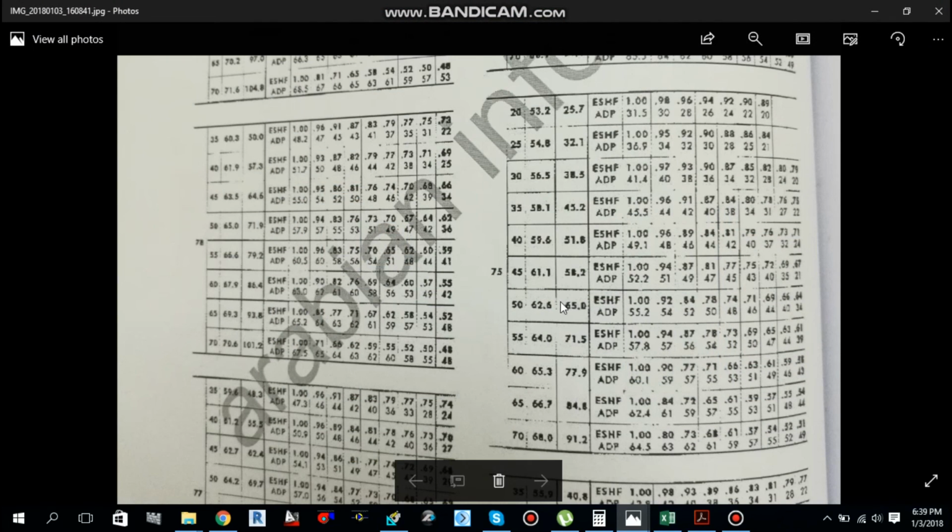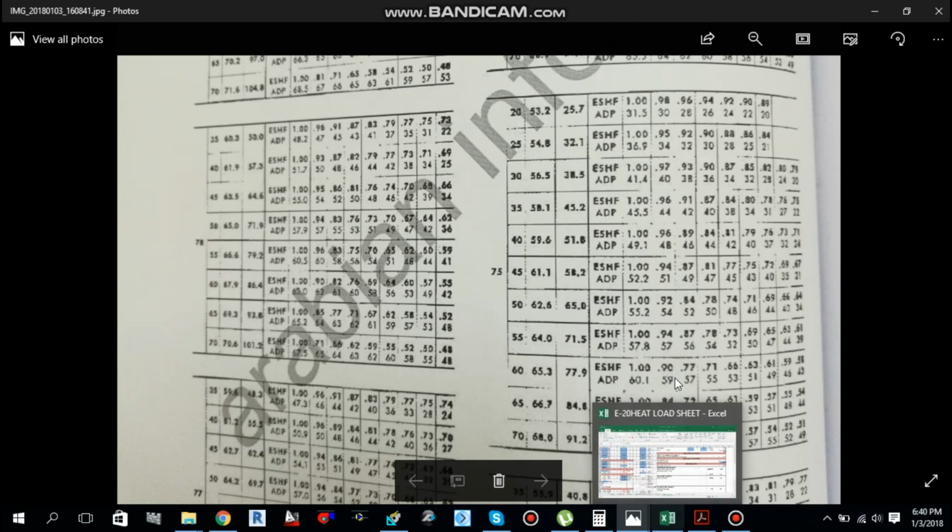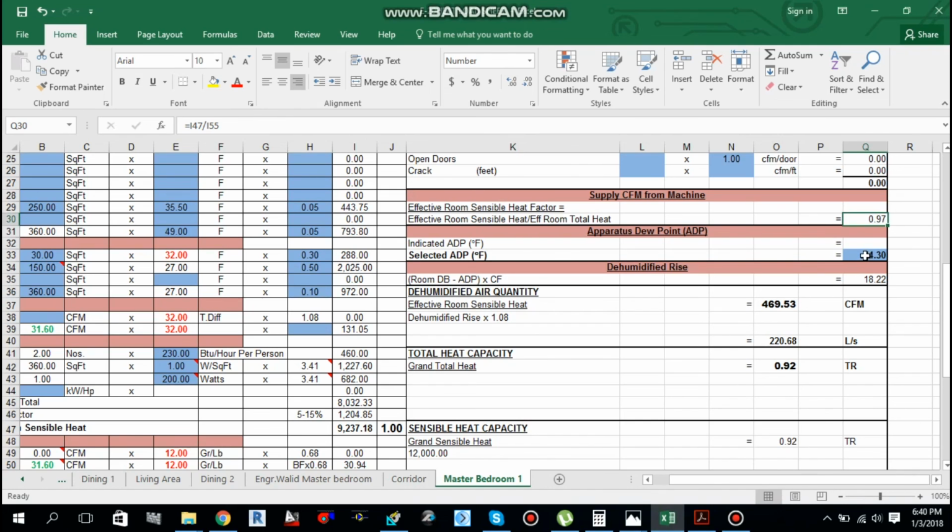So if I go over here, 75 inside design temperature, 50 relative humidity, and 0.97 effective sensible heat factor, our ADP comes out to be in between them. It will be around 54 here, 55.2 here, so around 54.7. So we can write 54.7 over here, or 54.6, 54.7, whatever.